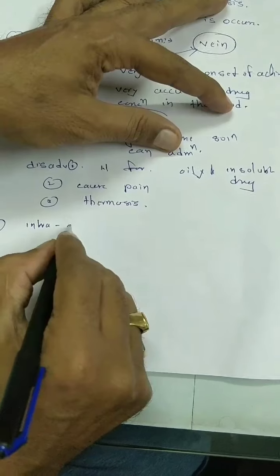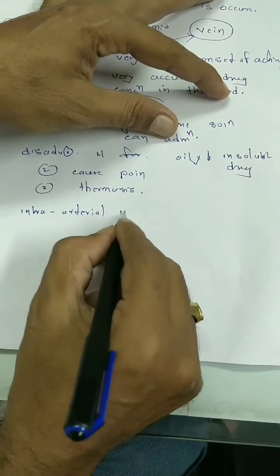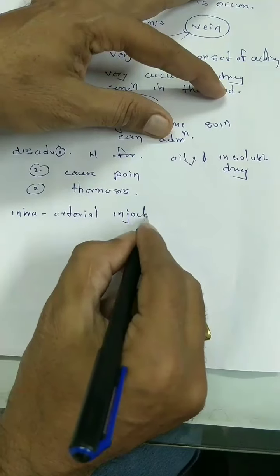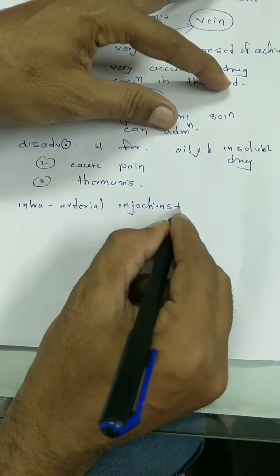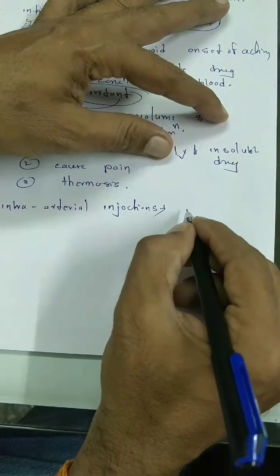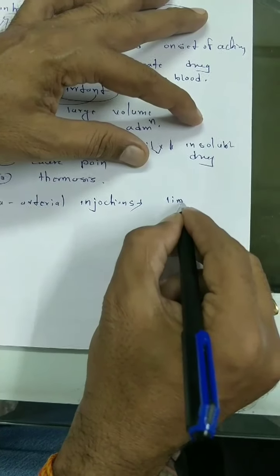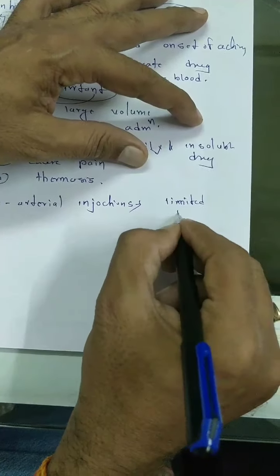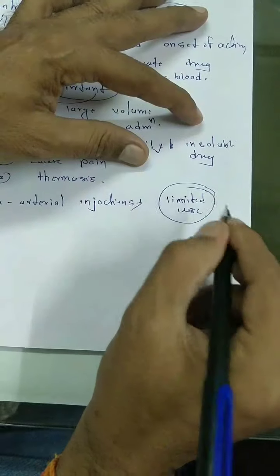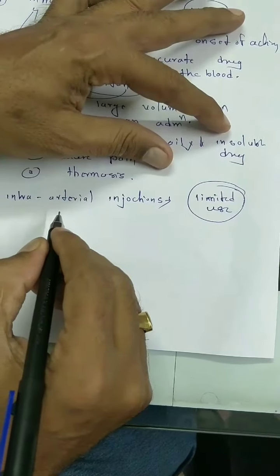Okay. Now the next form of injection, the various forms of injections: intra-arterial injections. Intra-arterial injection is commonly not used. It has very limited use. It is used only in the treatment of